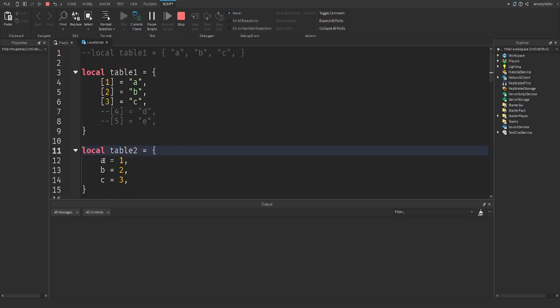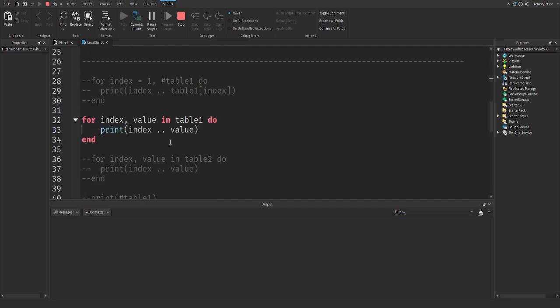What that means is even though you as a human see ABC here, the computer doesn't recognize that ABC is in any kind of order. It just sees that, oh, it's a dictionary. All right, I can do whatever I want. And that is exemplified here. So this is the for loop for table 1. This is the for loop for table 2. So you see the only difference here is table 1, table 2,